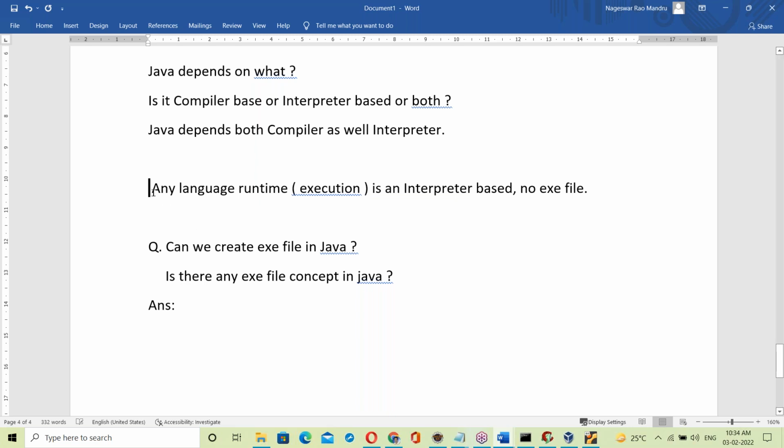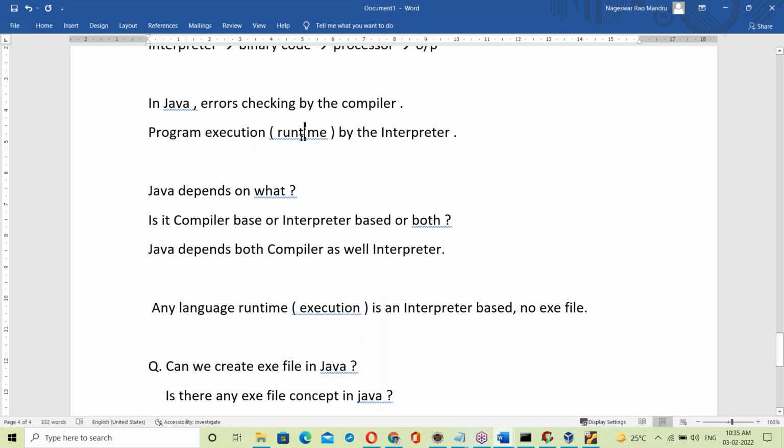This statement explains it very clearly: any language runtime is interpreter based, no exe file. Java runtime is interpreter based.